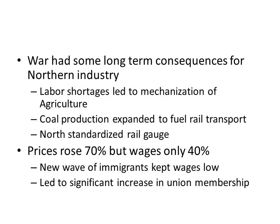Now, the war is going to have some serious long-term consequences for northern industry. Labor shortages are going to lead to mechanization of agriculture and to a reduction in the number of people needed in that workforce. There's also going to be a mass expansion of coal production to fuel all this rail transport. And during the course of the war, the North is going to be able to finally finish standardizing the rail